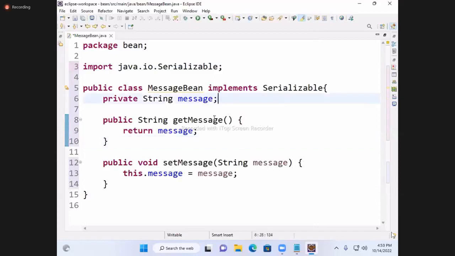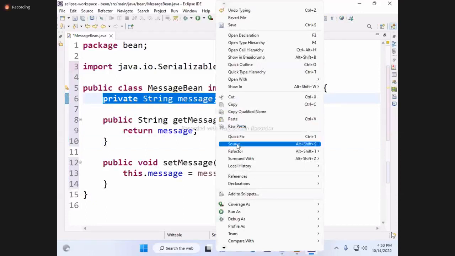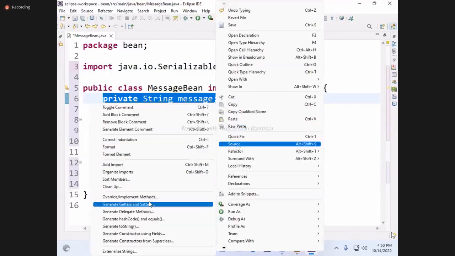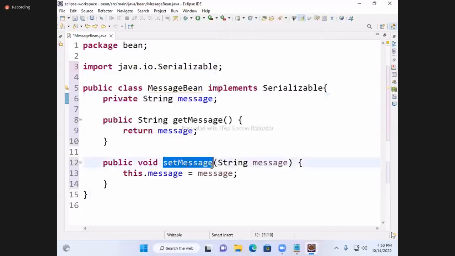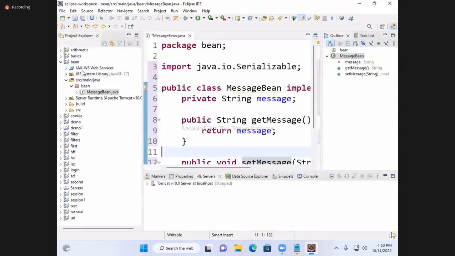It is finished. Just after writing private string message, right click, source, generate setters and getters. For that, the setter method and getter method are automatically generated. So writing the Java bean is over. By default public comes. Now if you want to access this in JSP,